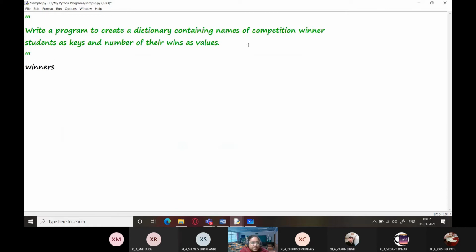I'm just taking the name winners for the dictionary, and here I want the names of the students to become the keys, and the number of their wins, that is, how many times they won a certain competition, that should become the value. So the same way we are going to do it.